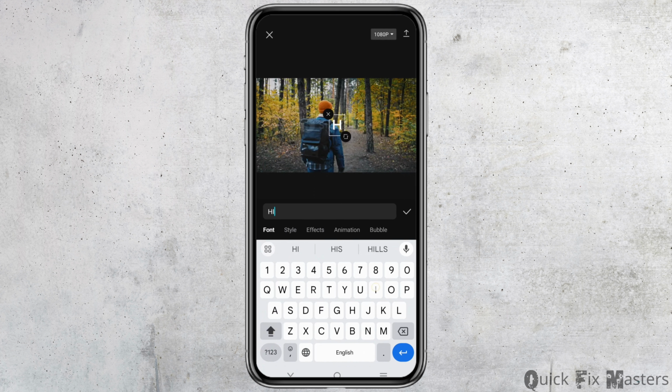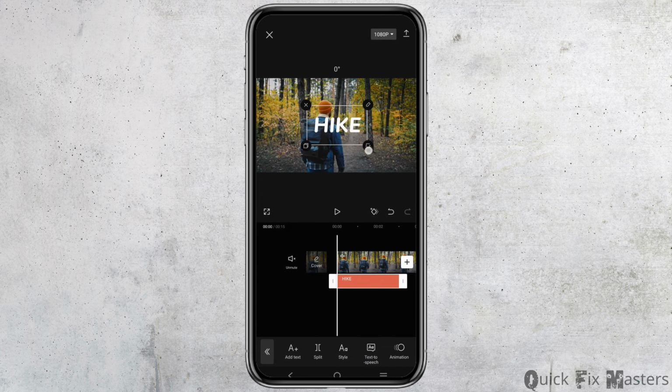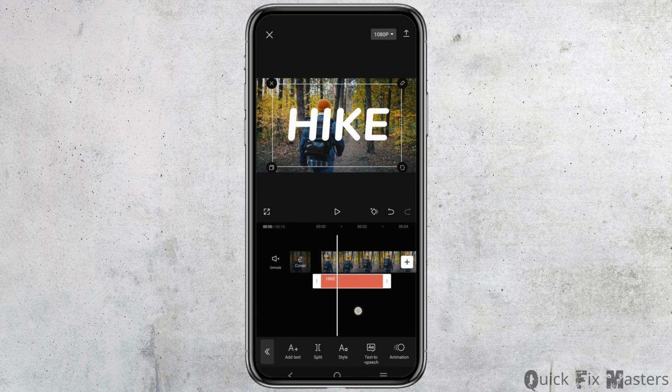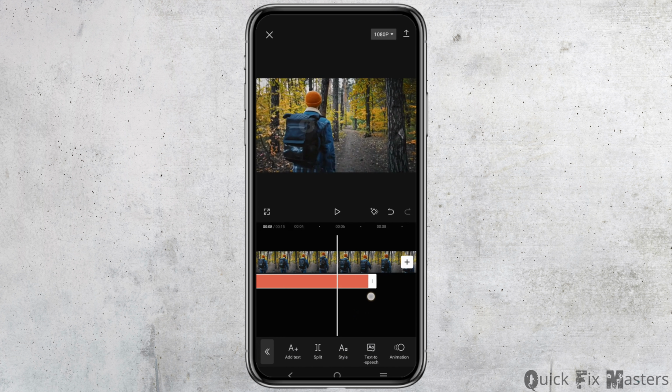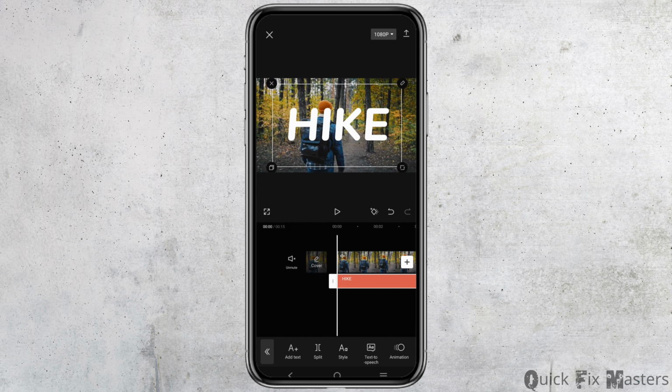Here for an example, I'll be typing hike and you can arrange the style, font, effect, animation and bubble from here, but just for an example I'm keeping it simple. Drag the text along the video until you want the end of it, and once you do that, tap on